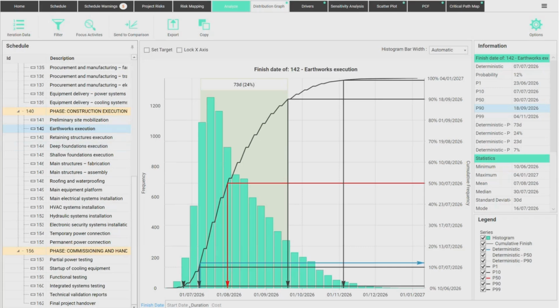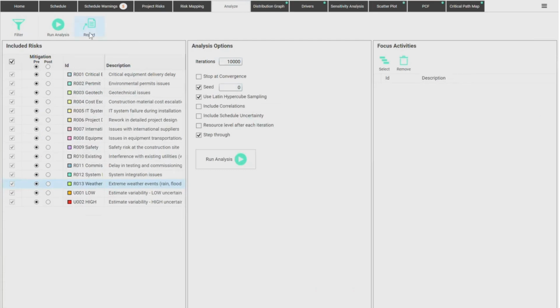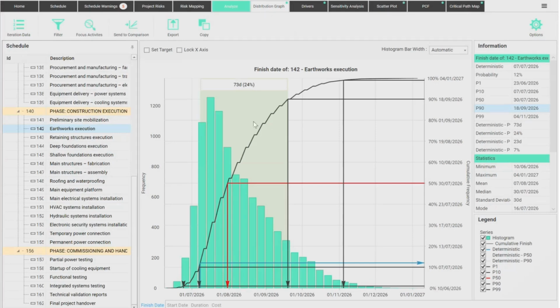Now here, we have all the distributions, both in terms of histogram and also the cumulative curve for whoever prefers that way. There's also a report button that we have here on the analysis tab. This report button creates a summary of everything we're going to see from this point on, all the reports that we have, okay? Distribution graphs, cumulative curves, etc. Okay?